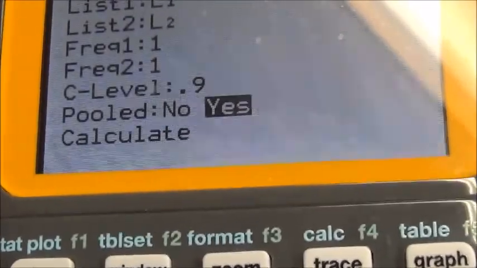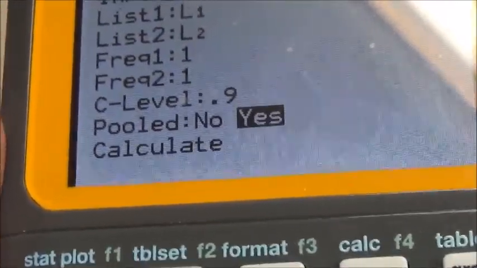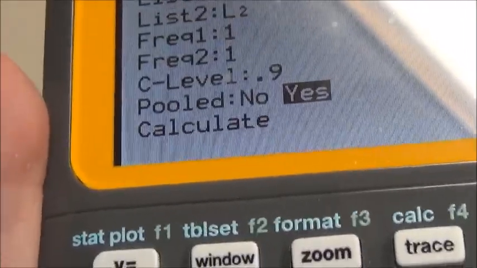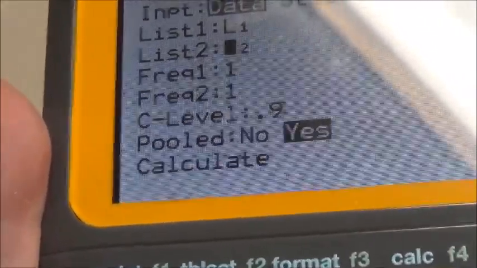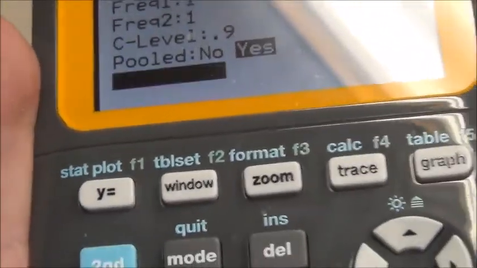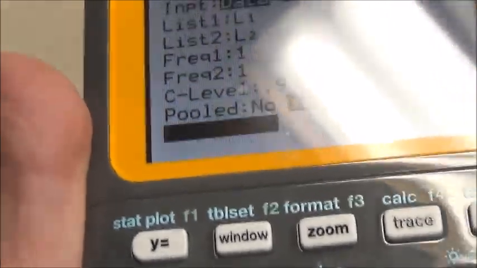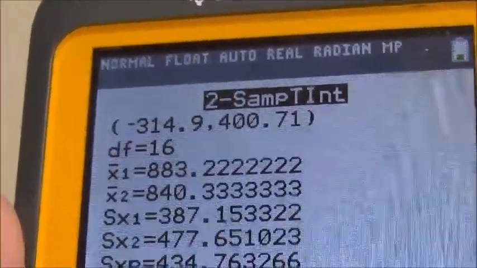So you want to have pooled being yes, that they are pooled. I noticed that when I did my calculations and compared them when I was trying problems on Alex, that we needed to have yes for that one. So when I go ahead and hit calculate, I'm going to enter there. My confidence level there, negative